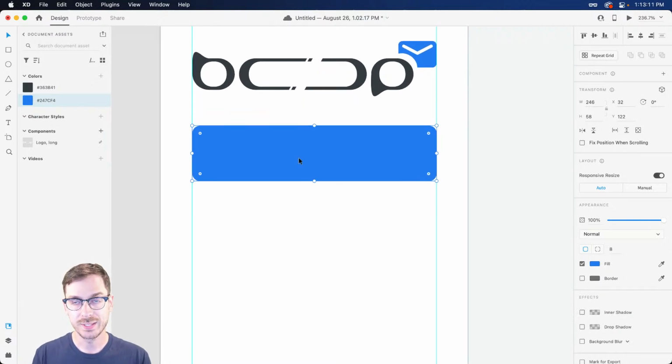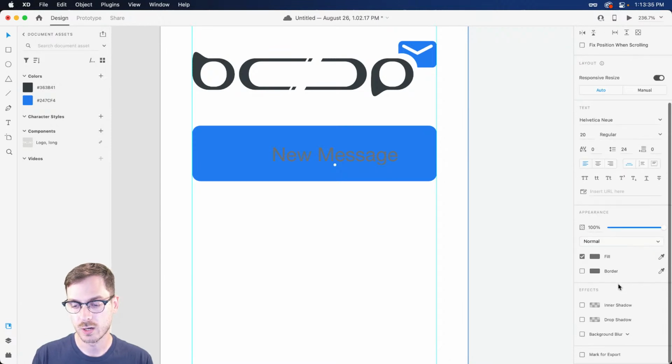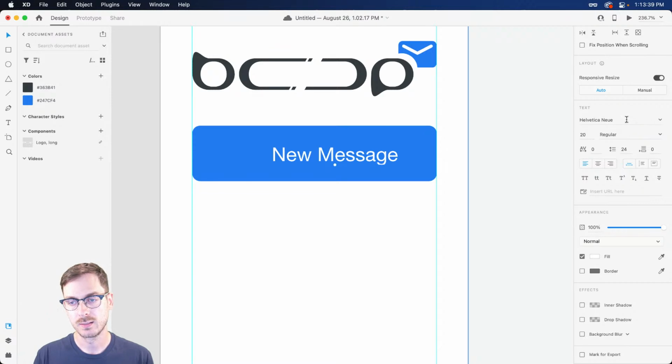Now, on the inside of the shape, we're going to want probably 2 elements. We're going to want one, a text layer to let users know what they're going to be doing if they press this button, and maybe even an icon to give them a bit of a visual. So if I grab my text tool, shortcut key T, I'll type out something like new message. And obviously the gray on the blue, probably not going to cut it. So we're going to first start by switching the color over to white,